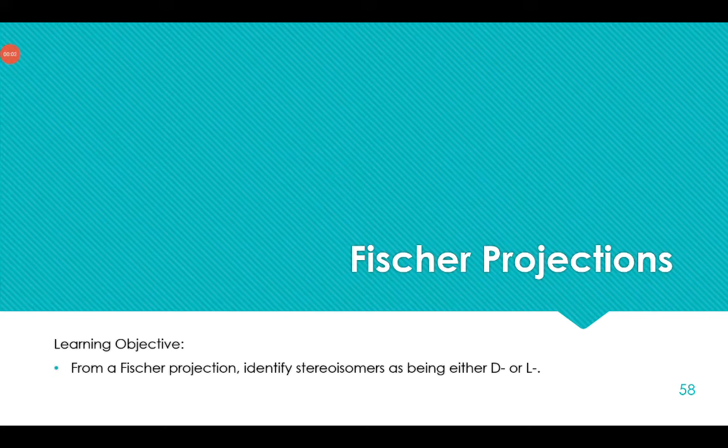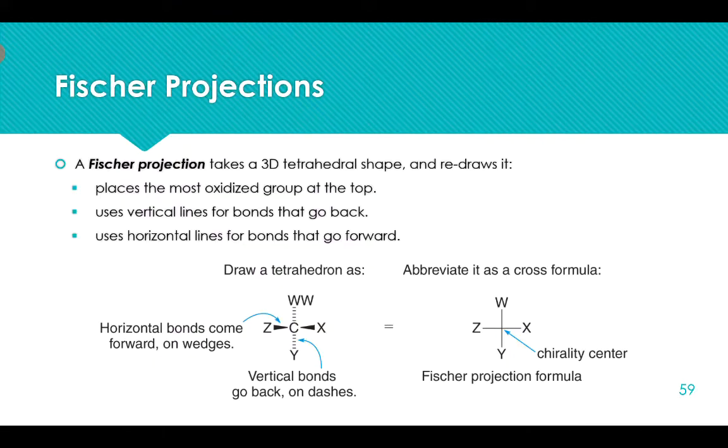In this video, we are going to be learning about Fischer projections in order to identify a stereoisomer as being a D or L isomer. Okay, so a Fischer projection is a way of taking a three-dimensional object and flattening it in a conventional type